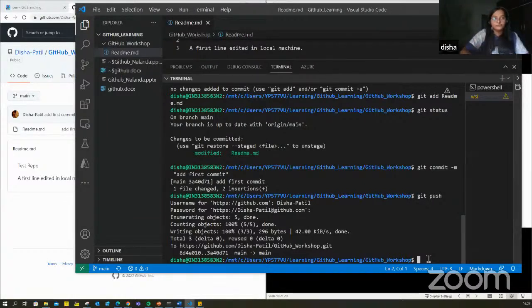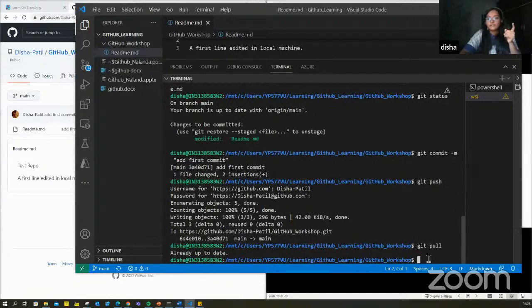We still haven't gone to the branches, but just keep in mind that if the person has made some changes to readme and you just keep on working in your local repository, you will never see what changes the other person has made.